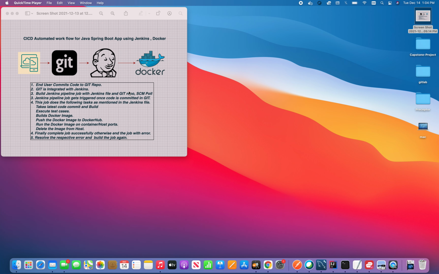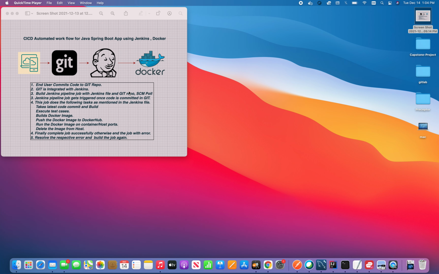We have the users who can commit the code to the Git repo. This Git is integrated with Jenkins, which is nothing but a pipeline job, which we will see now in the hands-on. This Jenkins pipeline job has source code management as Git, and then the triggering mechanism.